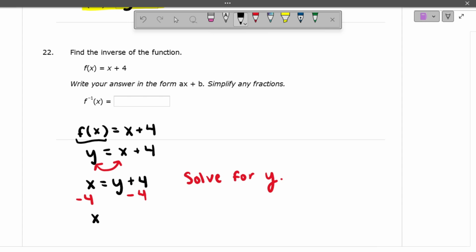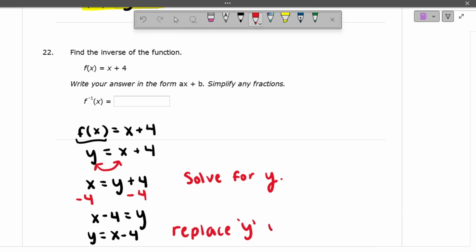All right, so we have x minus 4 is equal to y. And then let me just rearrange that a little bit so that we get y is equal to x minus 4. So now that we've solved for y, you're going to replace